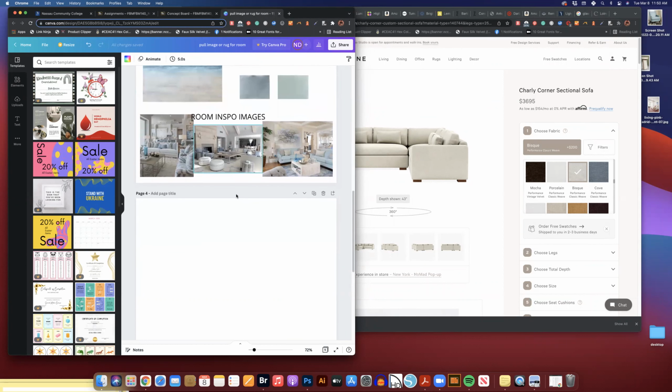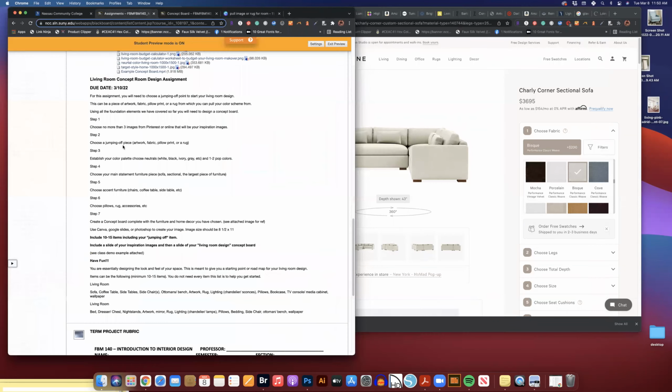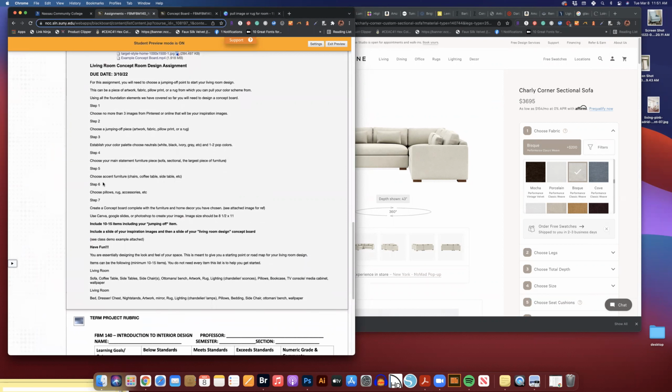Now, the next step that we're going to do, which is listed in your assignment, is you are going to choose the main piece of furniture. So whether that's your sofa, your bed, the largest piece of furniture, depending on the room that you're doing. If it's an office, it would be your desk, and you're going to start to now pull the pieces. So any accent furniture, whether it's chairs, coffee tables, side tables, pillows, rug, accessory, and we're going to start to pull together the look of the room. You want to have 10 to 15 items, including the jumping off point, which was your artwork or your rug,